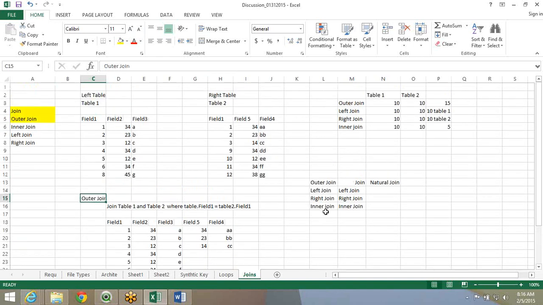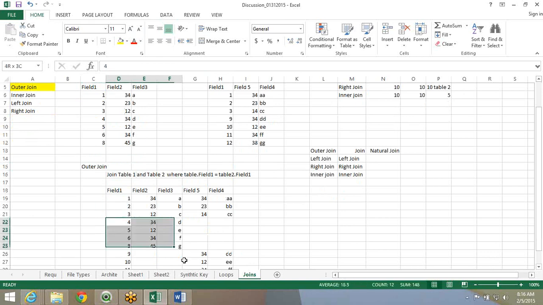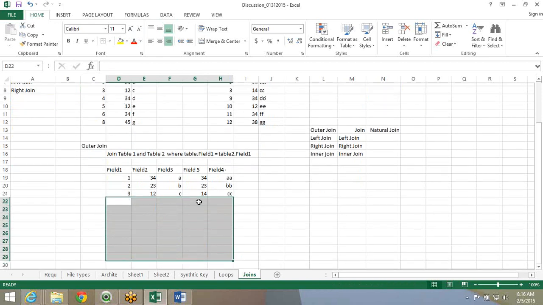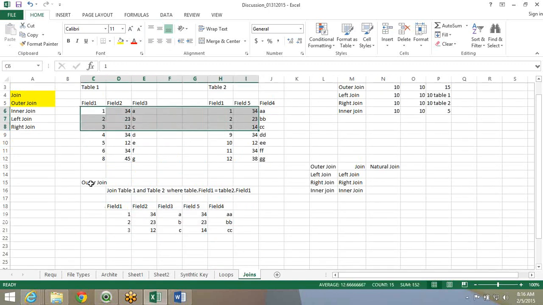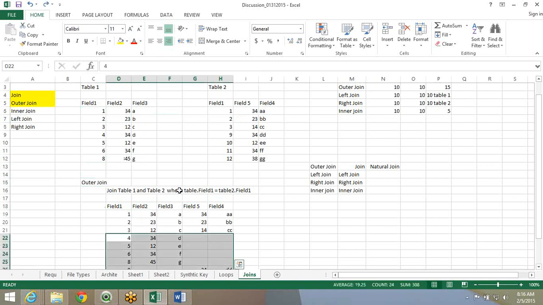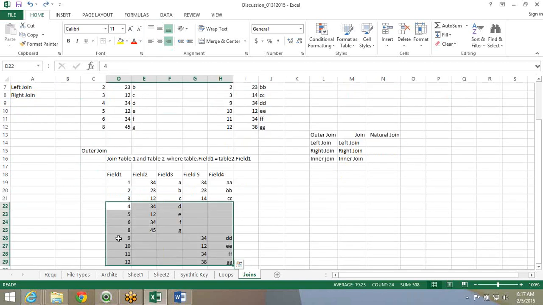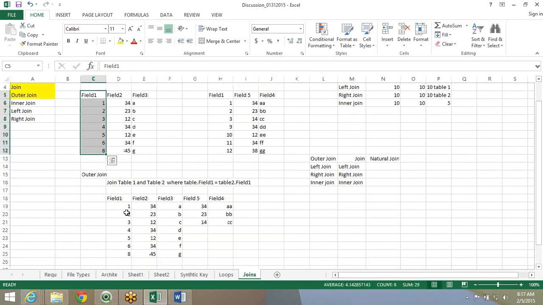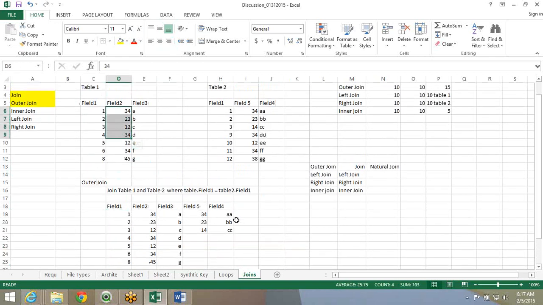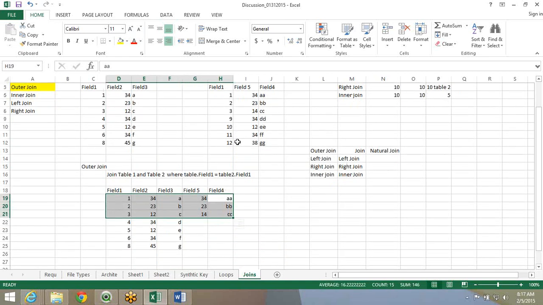The same thing applies to an inner join. An inner join will just eliminate these rows and give you only these 3 records, because only these 3 records are matching. When you do a left join, it is going to keep all the records from the left table, 1 to 8, and bring the records from the right table and match them. If it is matching, it will assign the values. If it is not, it will drop off. Left joins are also used for filtering data, right? When you want to drop off unwanted data.